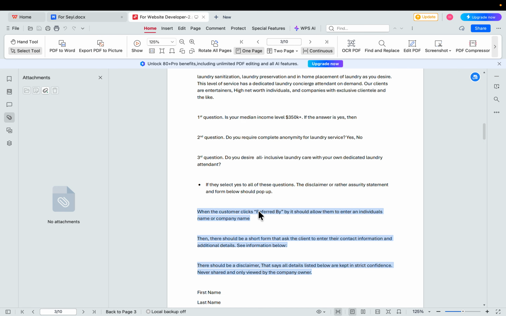If they click referred by, they should be able to input their Gmail and other details on that form, and after that they can schedule a meeting with you. But there should be another button that will take them to a questionnaire, right? Right. If they need to qualify, then they need to do the drop down part, the questionnaire.